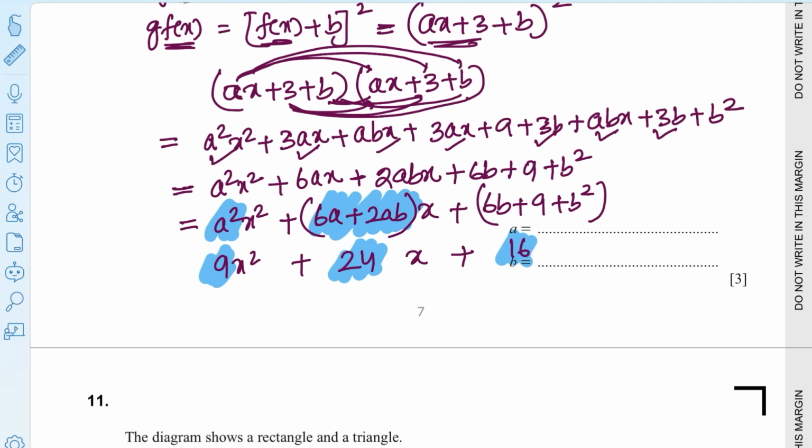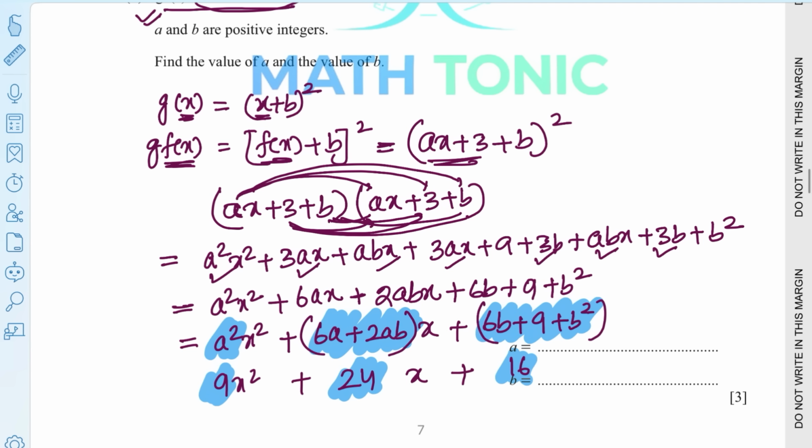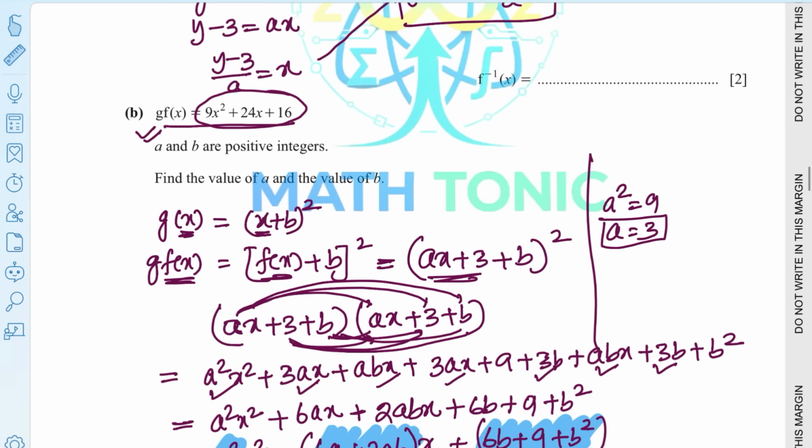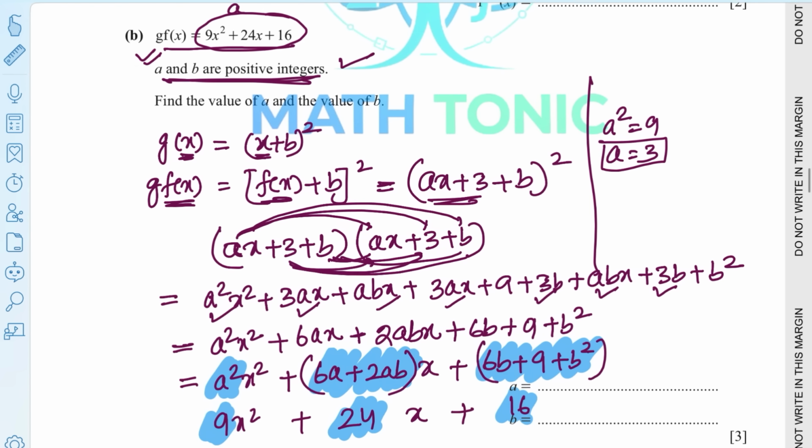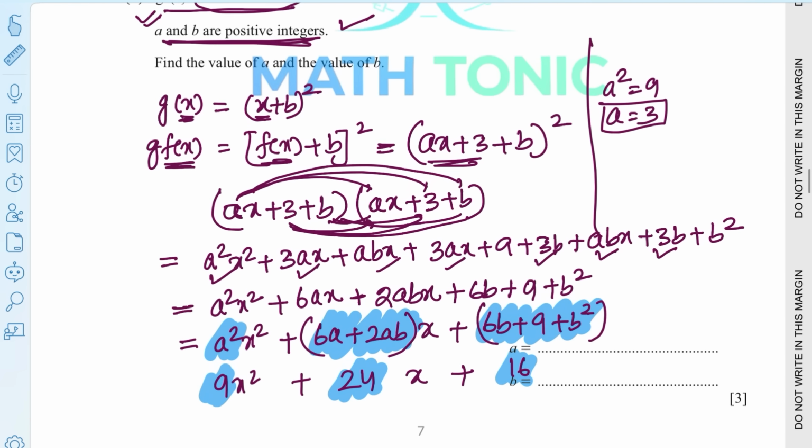And 16 equals to this one, correct? But it's not needed to go to the third one. You'll get the answer from the first one itself. Now you tell me, when I'm saying a squared equals 9, we get to know that a equals 3. Is it okay? Clear? And someone cannot say why a is not negative, because given a and b are positive integers, right? Square root of 9 should have given you 3 and minus 3,